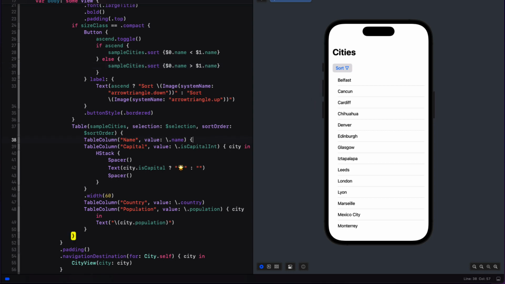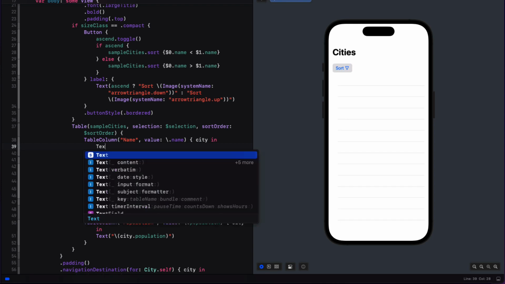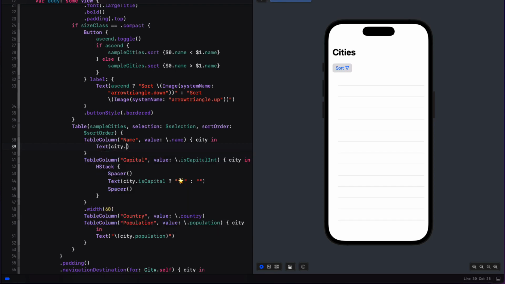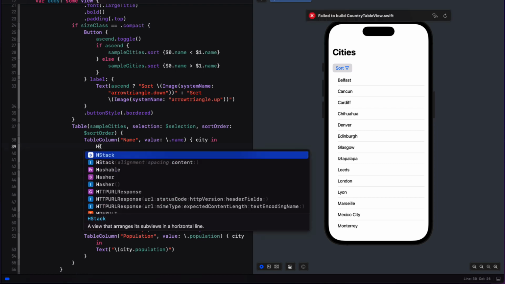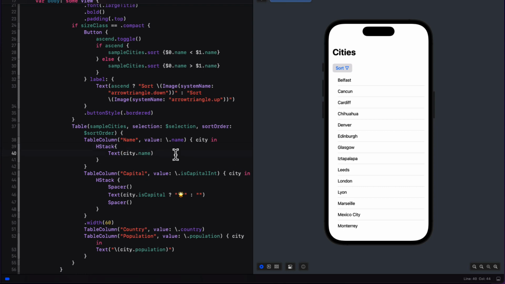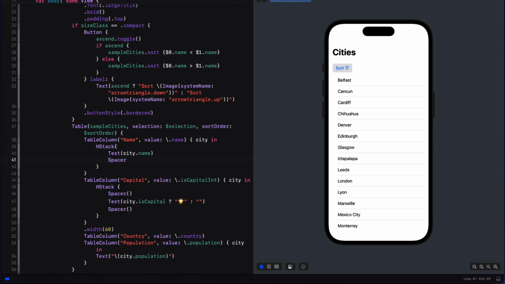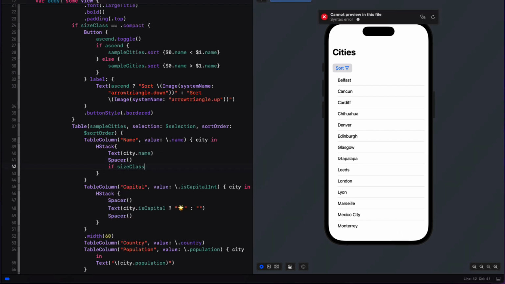Let's replace that table column name with the title key content version that'll provide us with the city, and then we can form our own view. Well, if we do that and just use text.cityname, nothing's changed. Well, let's embed that text view in an H-stack and add a spacer on the back side. Still, nothing has changed. I'm going to add a conditional view for when the size class is equal to compact,